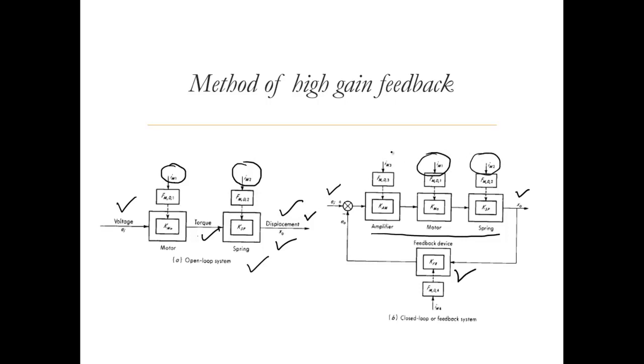As for high gain feedback, it can always measure that displacement even if there are some spurious inputs, or you can say modifying or interfering inputs, and whatever change they cause in the output can always be measured. Then we can compare that with the desired signal or the desired voltage, and accordingly take action until it reaches the value that is desired for the corresponding voltage. So this is one method.